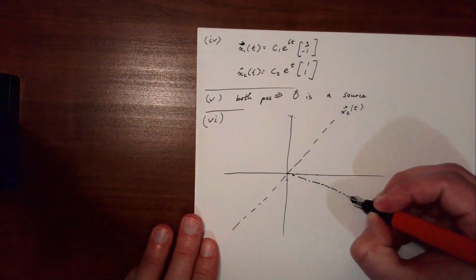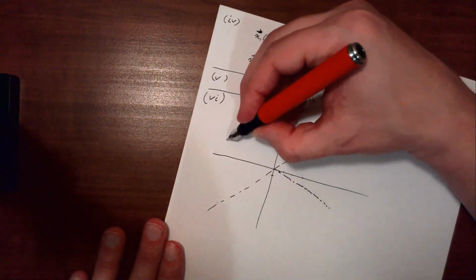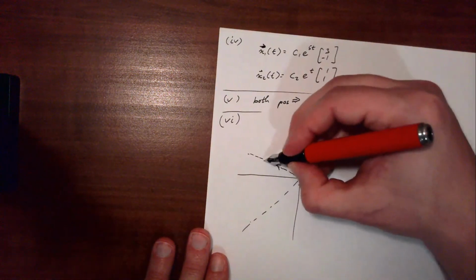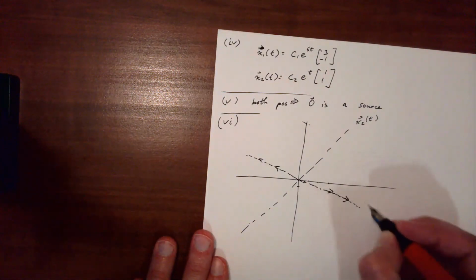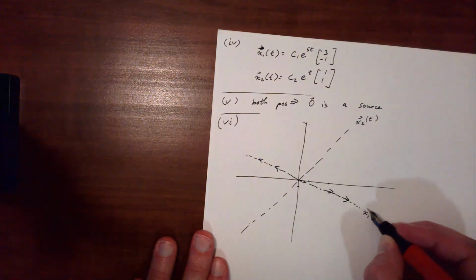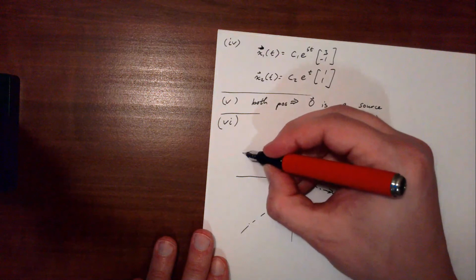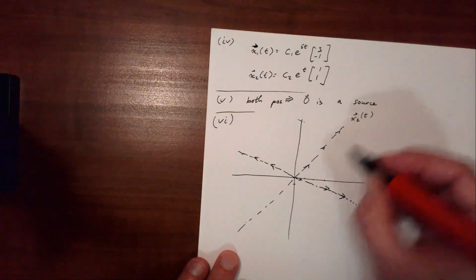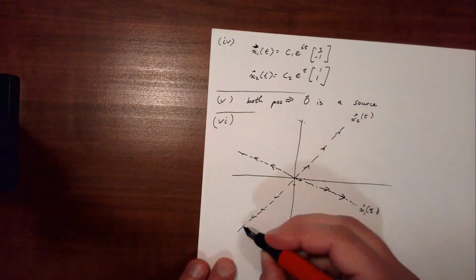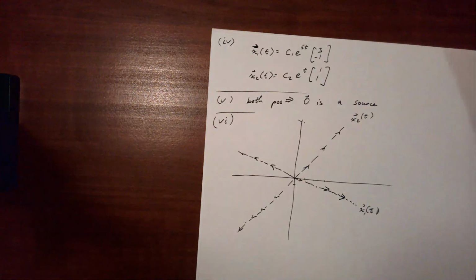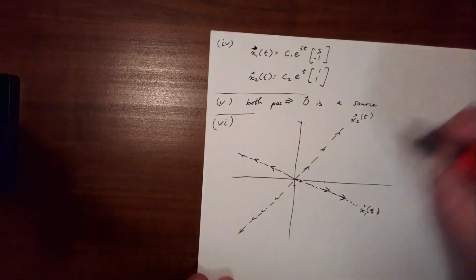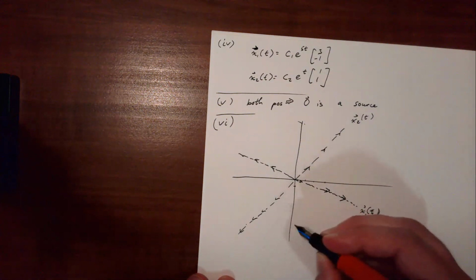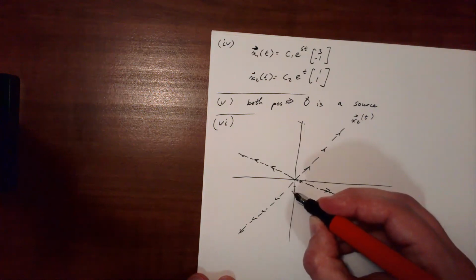These are all sources, once again. So sources, sources, and this is the dominant source. The dominant source is along this direction. The less dominant source is along this direction, and what that means is that the solutions will start off being parallel to this curve and end up being parallel to this one. So if I have it like this, it's going to be going